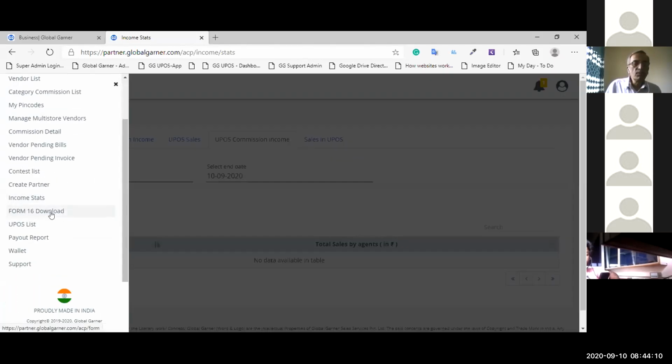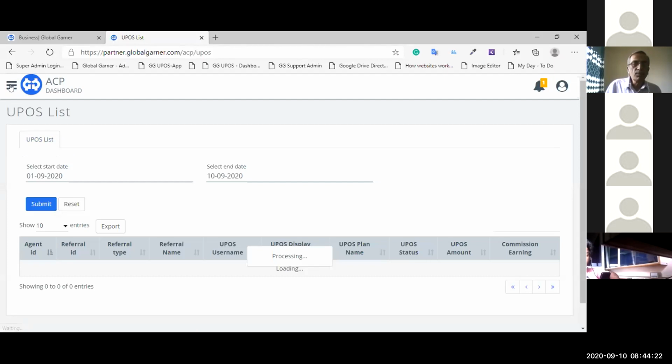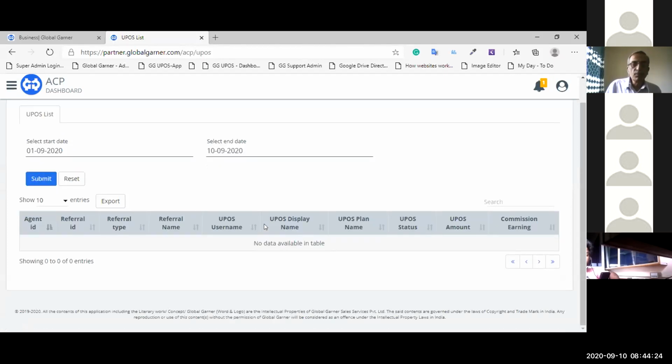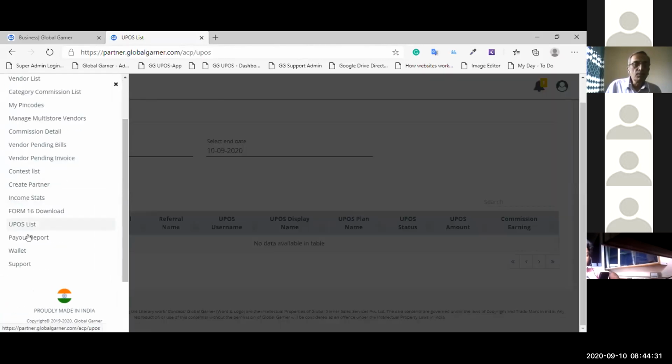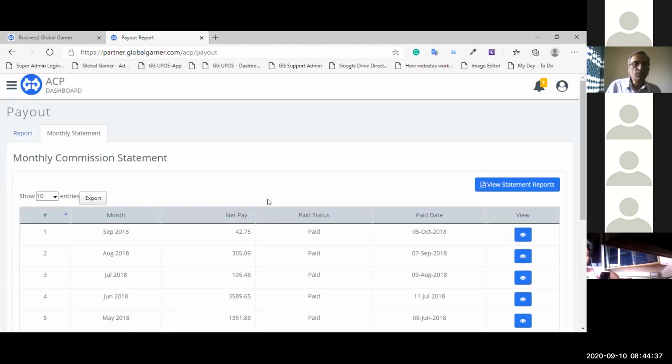Then you can download your form 16 from here. You can see the list of UPOS that has been sold by you and your team put together. You can put a date filter over here. You can see the list of all the UPOS that has been sold by you and your team. Then payout report. You can get your monthly payout report, detailed payout report from here.